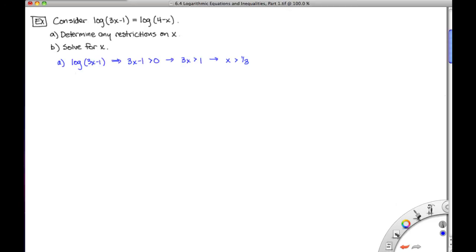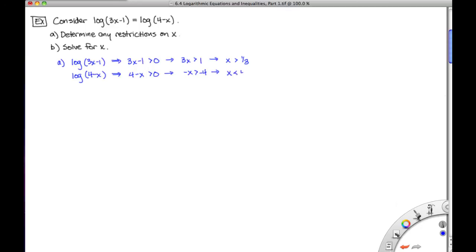Now, the other restriction we're going to have to consider is the one based on this second logarithmic expression, which is the log of 4 minus x. We have the exact same setup. The argument has to be strictly greater than 0 inside the log, and if we were to solve this, we'd have minus x has to be greater than minus 4, and if we multiplied both sides by a negative 1, we'd see that x has to be